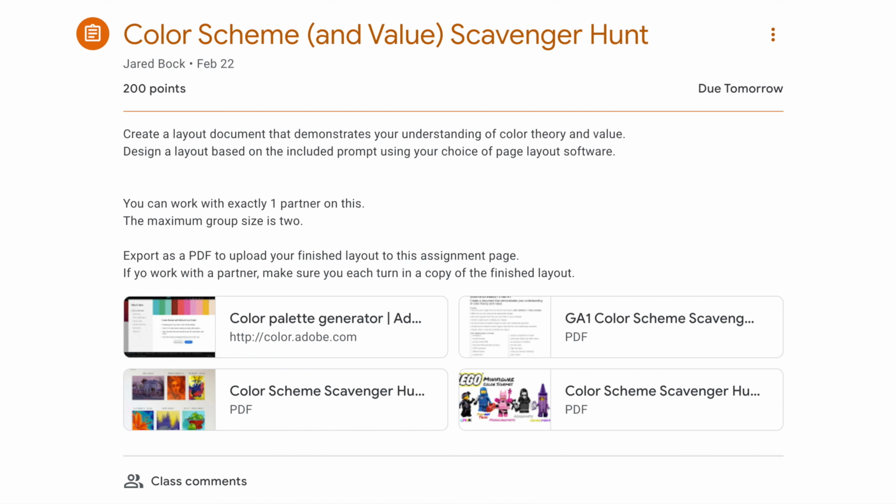You're probably at the point where you're finishing up your color scheme and value scavenger hunt, and this is one of the first very big projects that you'll do in Mr. Bach's program as a Graphic Arts 1 student, so it's time to start getting used to some things that happen in this system. One of the things that Mr. Bach is adamant about is that I teach you to output your projects in ways that are consistent with industry